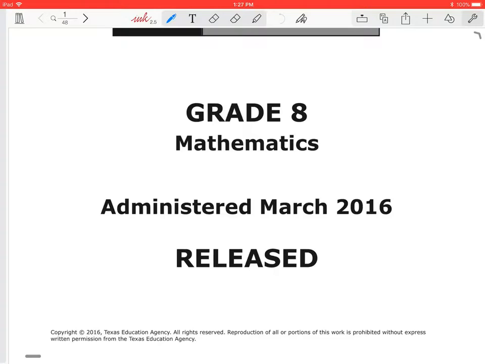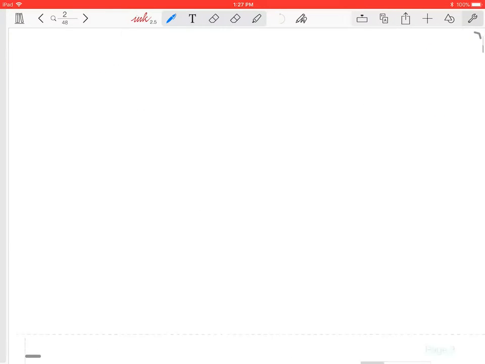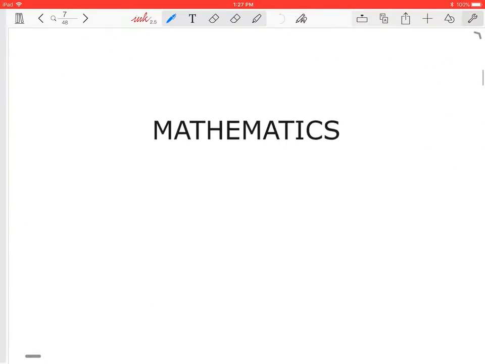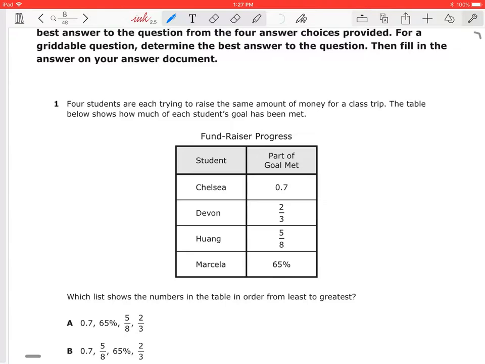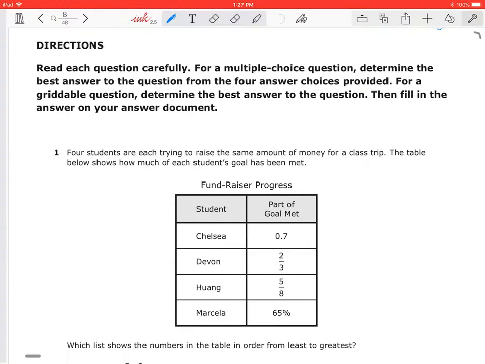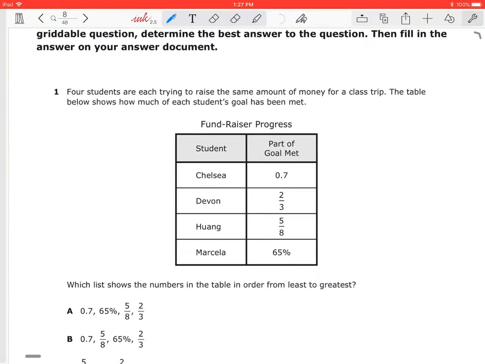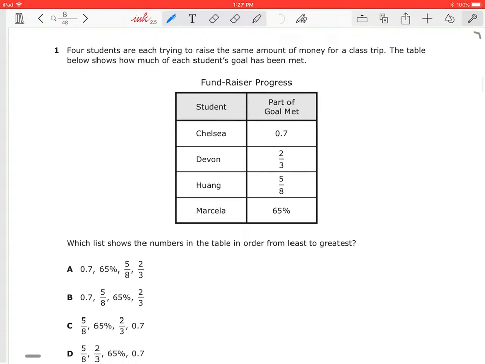Hello. On these episodes, we've already talked about the 2017 mathematics STAAR practice guide that we did. I'm going to talk about the previous year, and some of the questions are a little different. I'm going to do a quick review on the ones that are different, and then just gloss over the ones that aren't different. So on this first problem here,